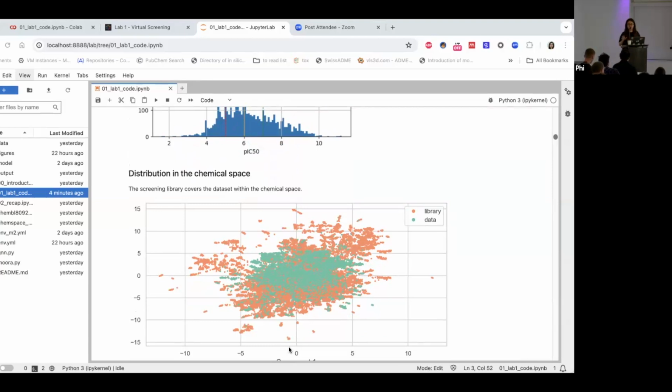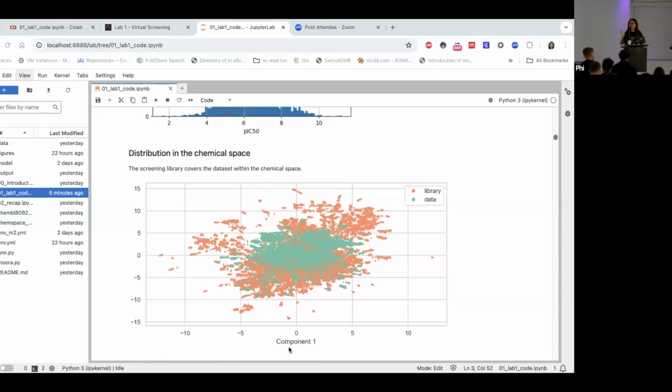Okay, first of all, we choose this library. One of the reasons is for the sake of this tutorial, we want to reduce the size for screening. Another reason is that the whole context of this exercise is that we want to find the ATP binder. That's why, instead of having billions of molecules, we narrow down to the library which is specified for ATP binder. And also another reason is that